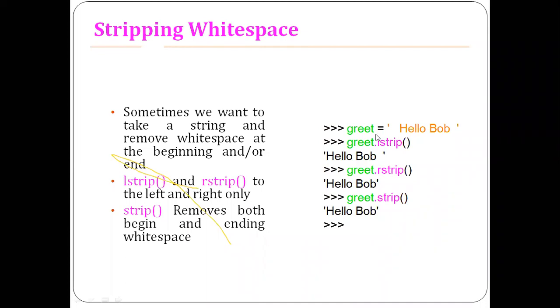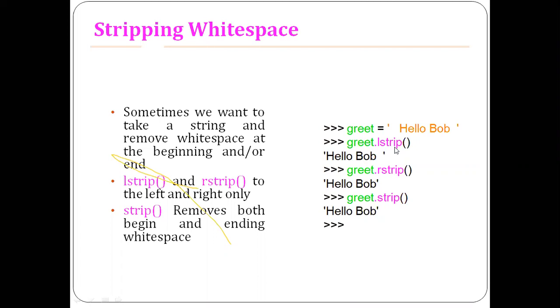Look at the example here. I have a space followed by HELLO, then a space, BOB, then another space. If I apply lstrip, that is the left side strip,